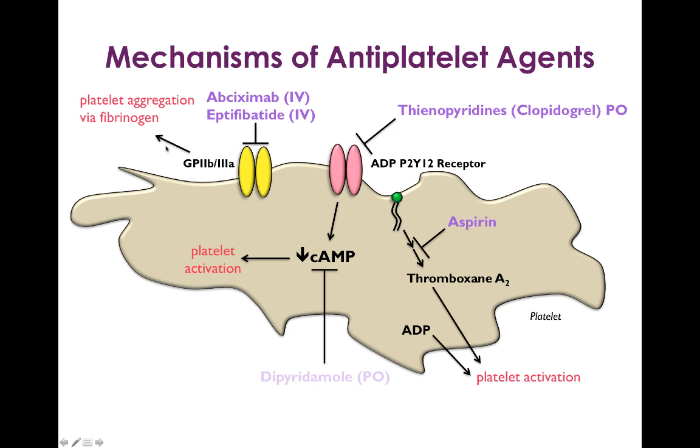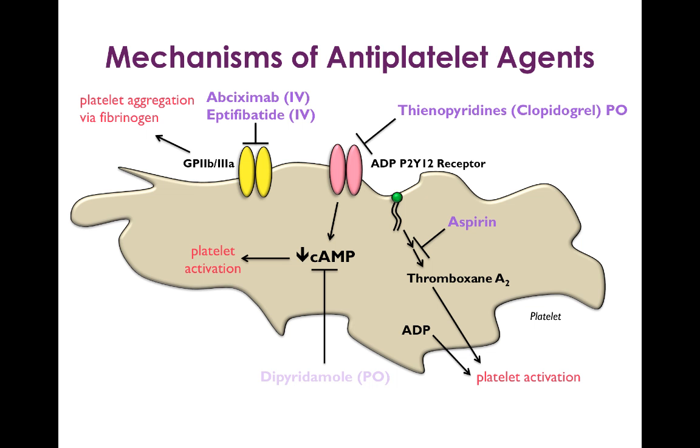You should know about the thienopyridines. The most commonly used drug in this class is clopidogrel. These are oral medications largely, and they block the ADP-P2Y12 receptor. What this receptor normally binds to is ADP, which leads to platelet activation, but the thienopyridines interfere with this